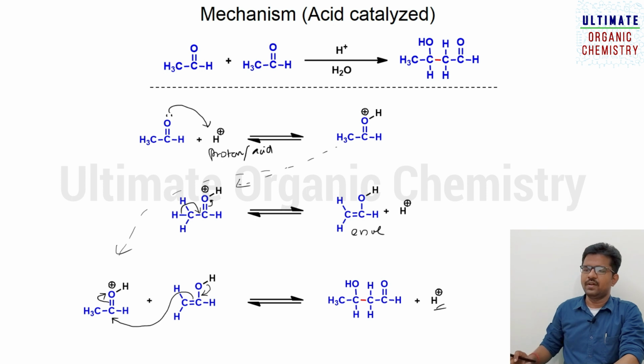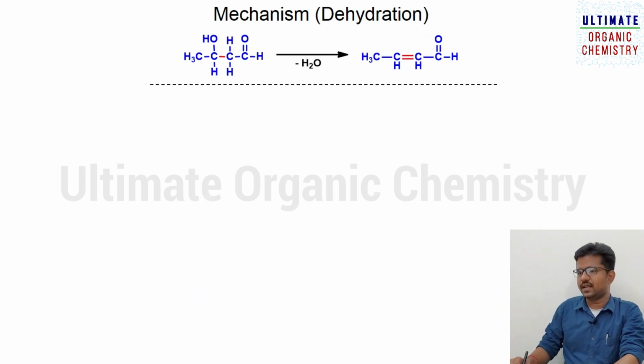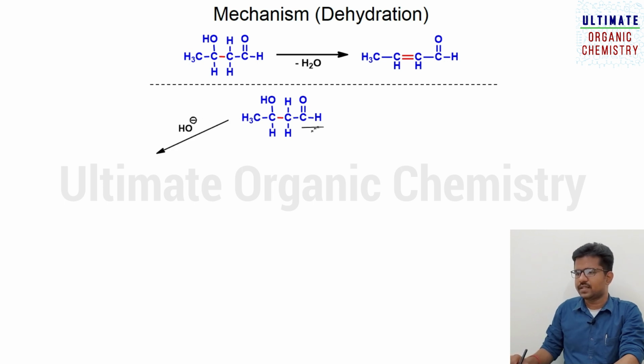Now next we discuss the dehydration process. We take this beta hydroxy aldehyde and treat it with the base, that is the first condition, base catalyst reaction. What happens? This is an electron withdrawing group. Aldehyde is said to be an electron withdrawing group. If you do not know that, mention it in the comment section, so that I will discuss what is electron withdrawing, what is electron donating, some basic concepts of organic chemistry.